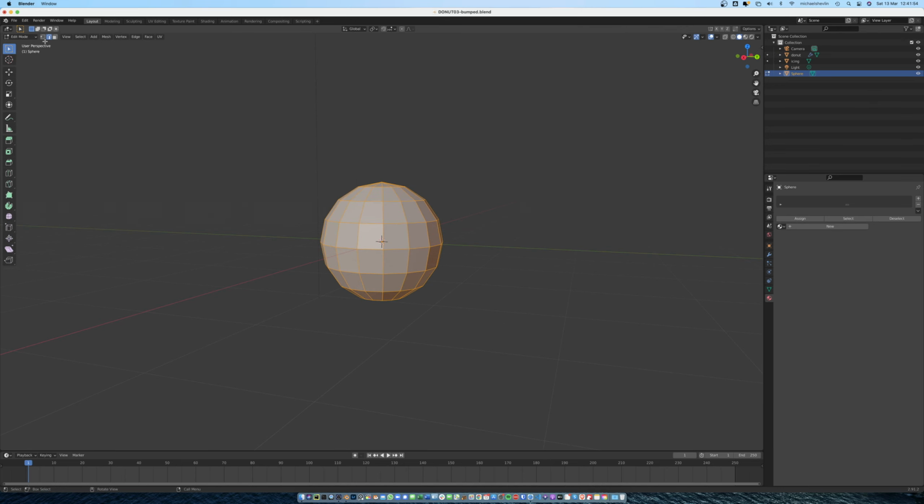And now we're going to scale it. So go on to vertex view, turn on,